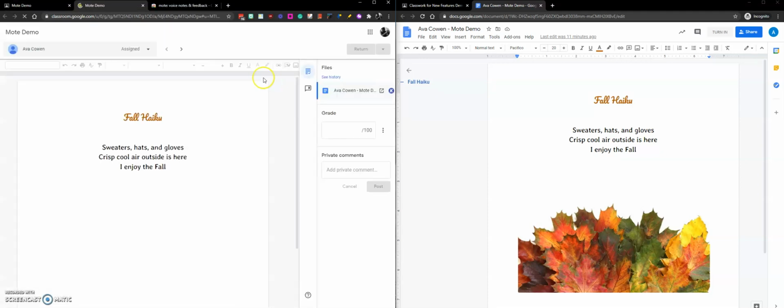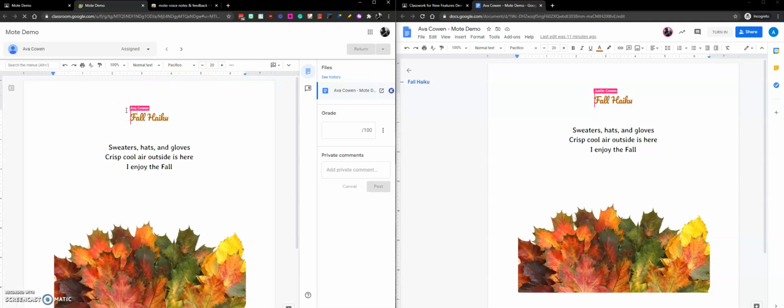I can see it brings me into the Google Classroom grading window. And what happens is with that extension up here, when I come down to the private comments area, I'll see there is a little Mote button. You can see it says click to record or hold for a Mote. So if I click,